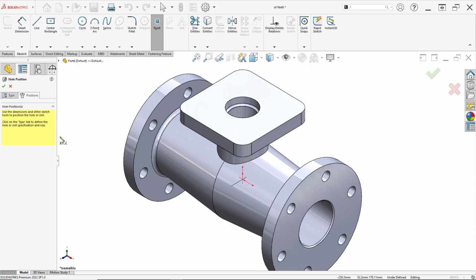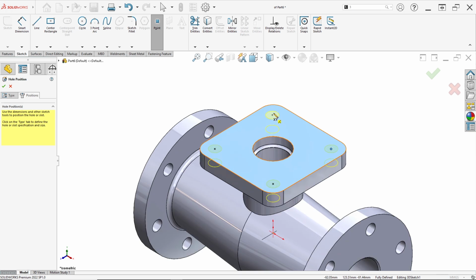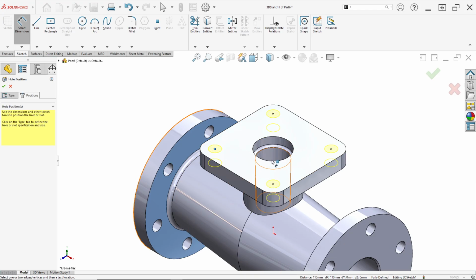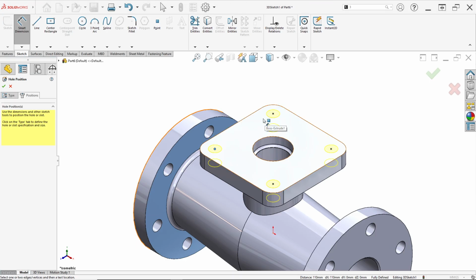3D sketch, and just click from this center point, draw this point, and select, draw this point from here, and click in this center. We can check the direction and distance, this point to this point is 110, it's correct, and in here 110, and here 110.